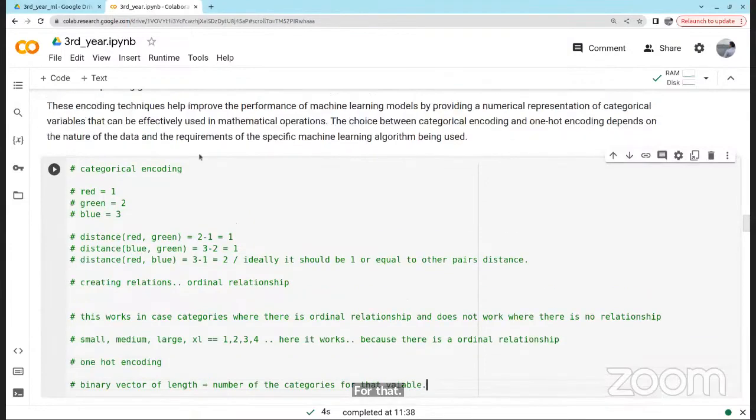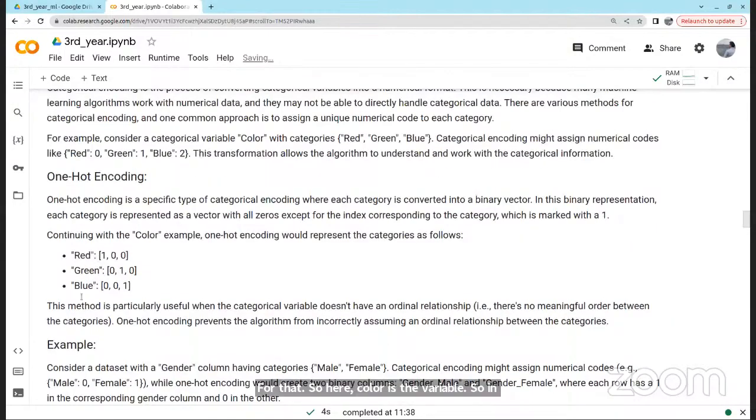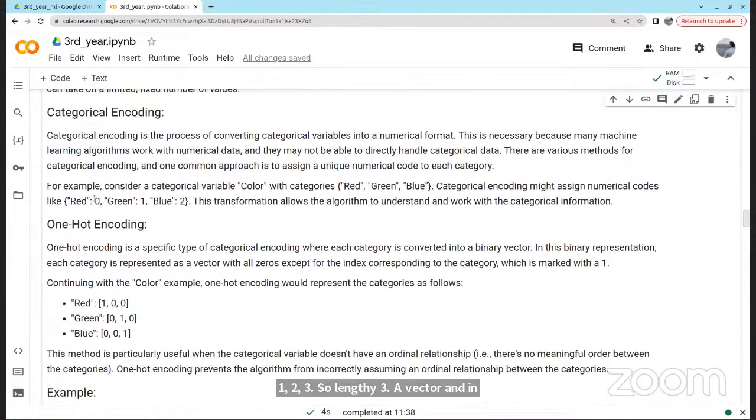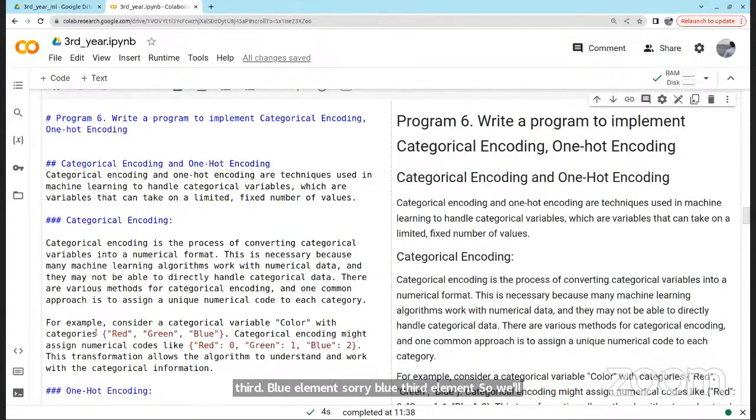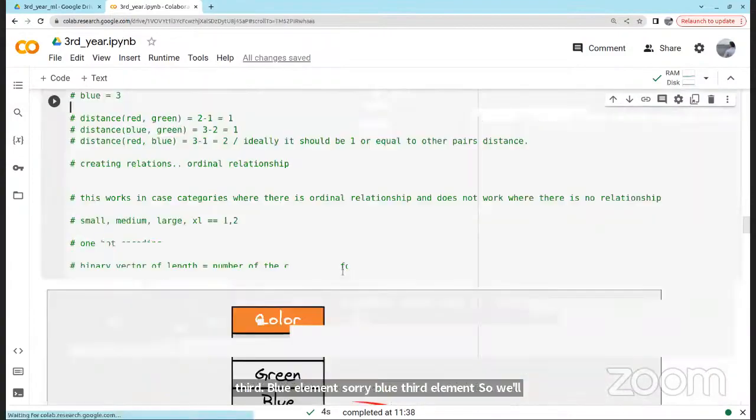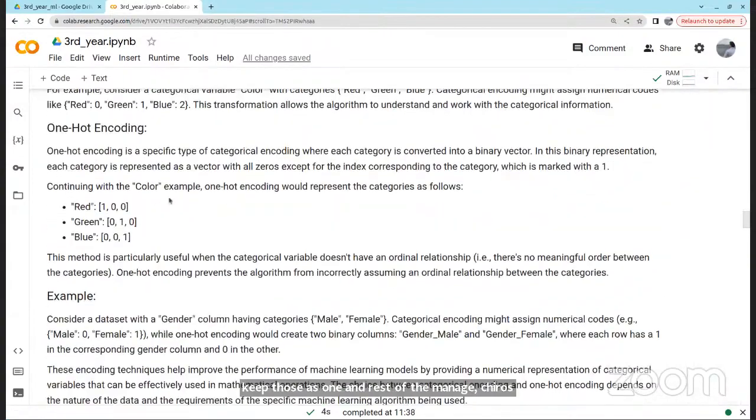So here color is the variable, and there are 3 colors. So we will create a vector of length 3. Because red is the first one, index 0, we'll keep this as 1. Next green, second element, blue, third element. So we'll keep those as 1 and the rest of them as zeros. In this way, we'll create vectors.